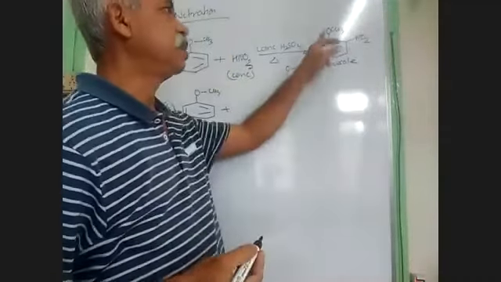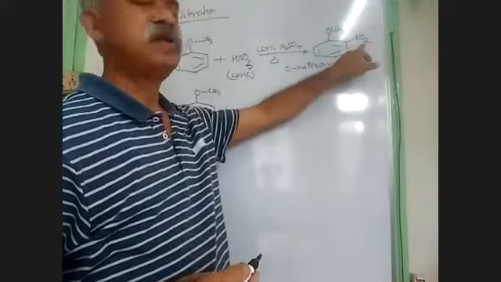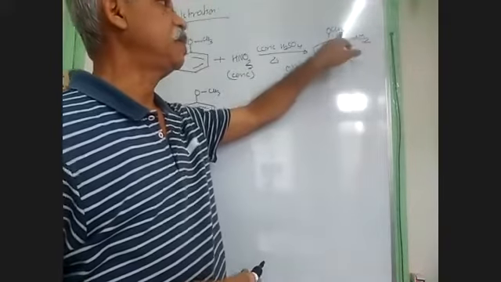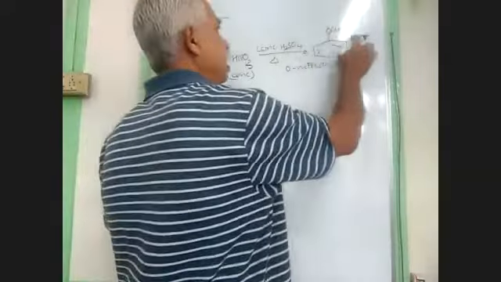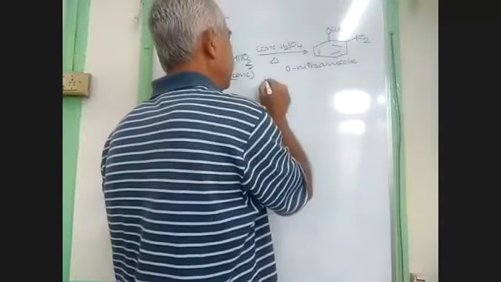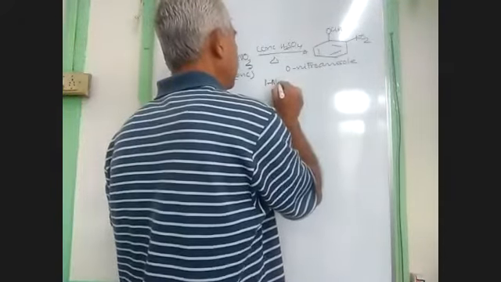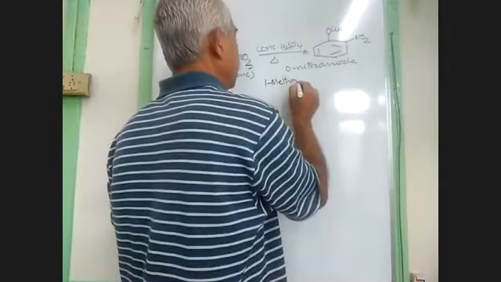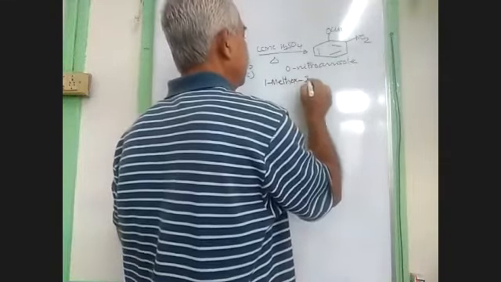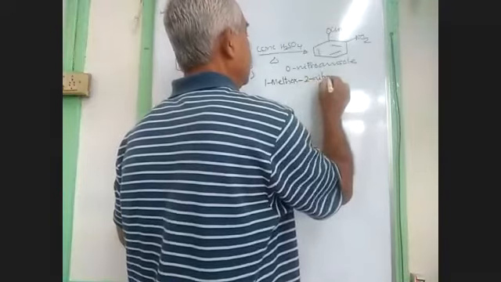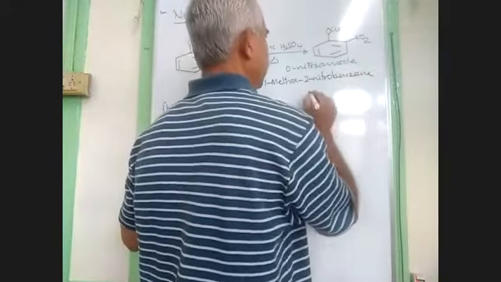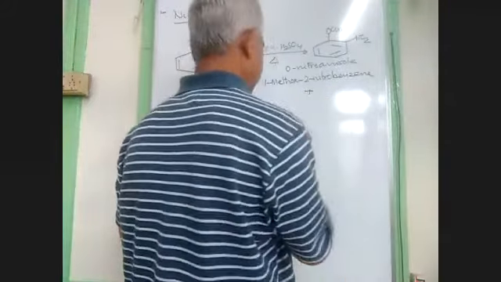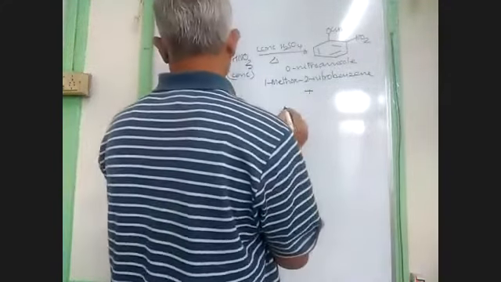Please see here. This is methoxy and this is nitro. So in this case, alphabetically, this will come first and this will come second. So it will be 1 and it will be 2. So it will be 1-methoxy, 2-nitro benzene. Okay, plus you get here